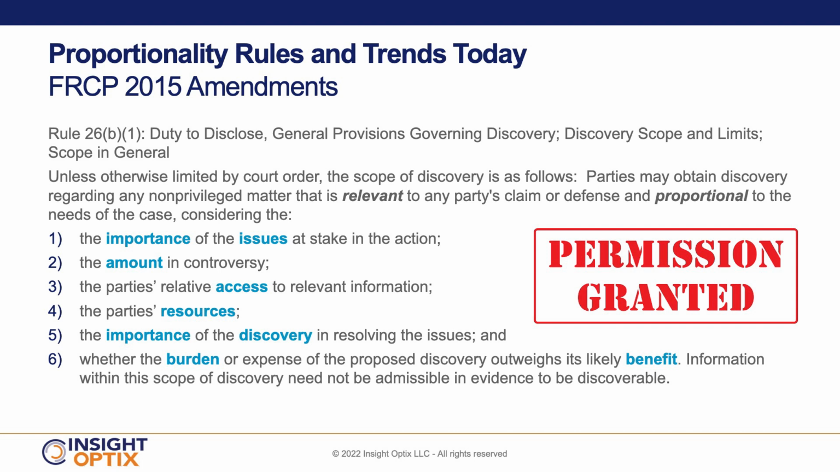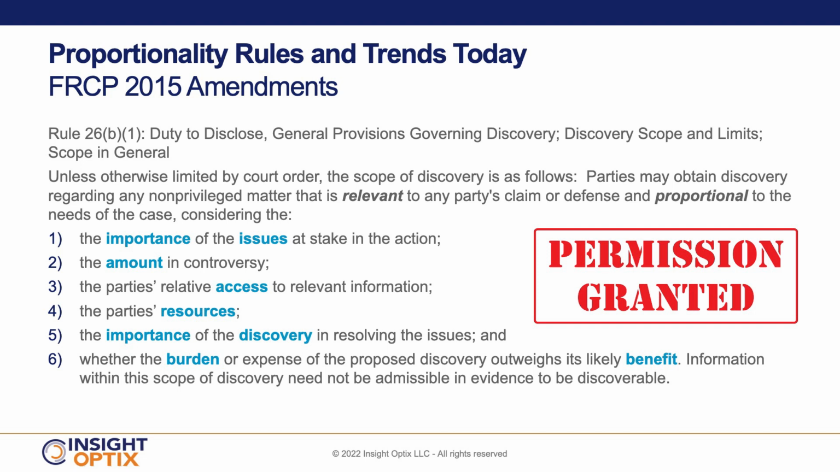Proportionality has been embodied in the federal rules dating back to 1983, but in 2015, they were updated with a focus to allow litigants to drastically reduce the scope of discovery. Rule 26(b)(1) was reworded to state that parties may obtain discovery regarding any non-privileged matter that is relevant to any party's claim or defense and proportional to the needs of the case. This replaced the language that used to state that anything that was reasonably calculated to lead to the discovery of